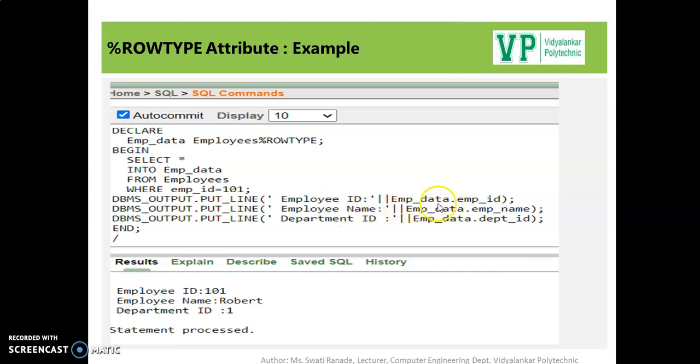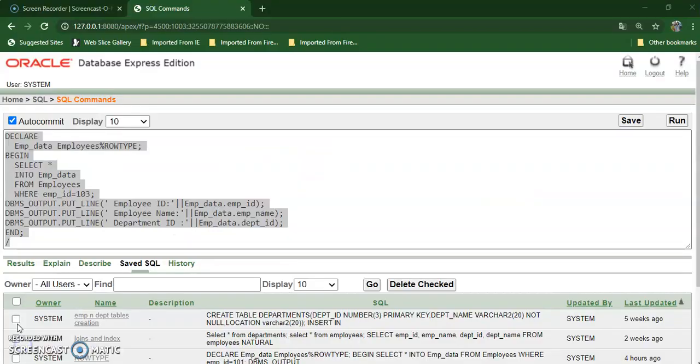So here emp_data.column_name, next is also emp_data.column_name, then emp_data.column_name. So this is how we can retrieve data from the table with the help of the %rowtype attribute. If we execute the same example